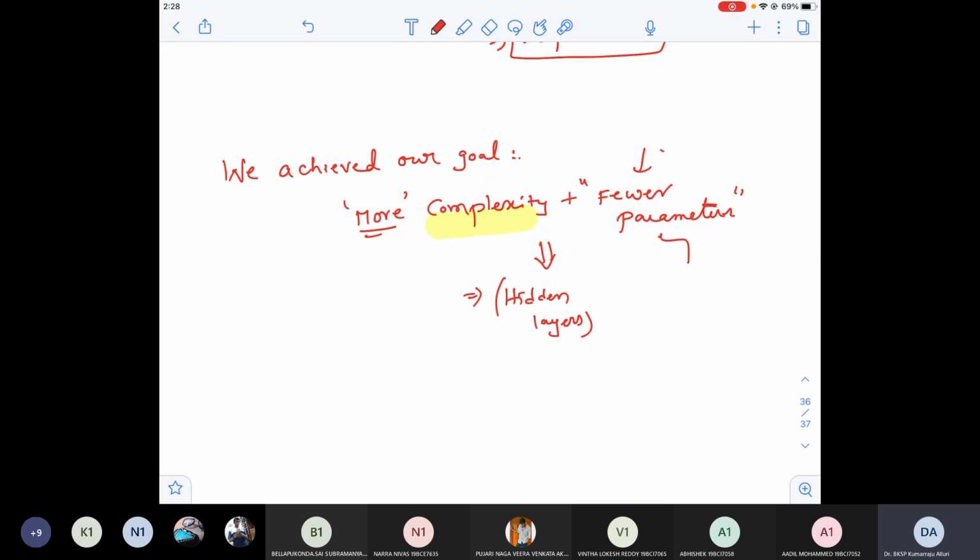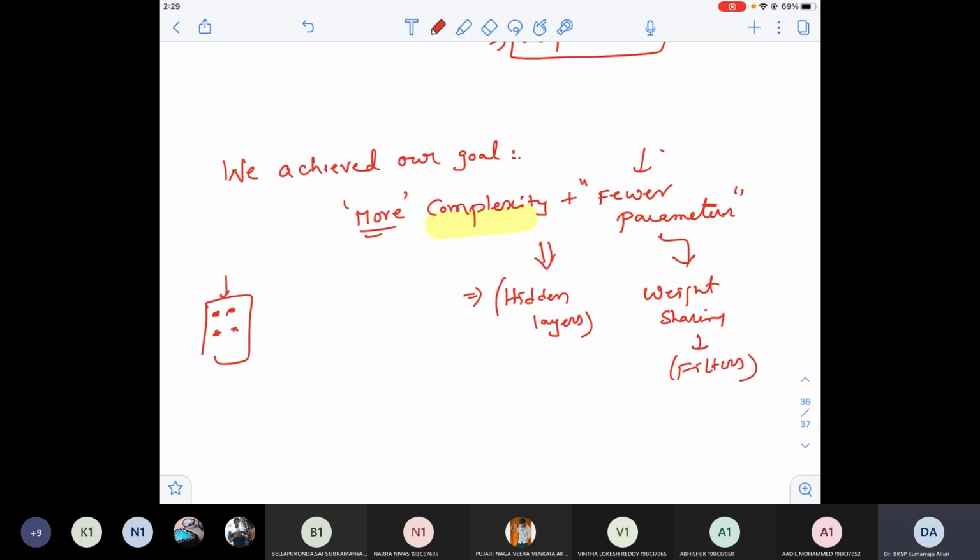What about fewer parameters? Yes, we reduce the number of parameters. We'll see that scientifically with calculations, but we reduce the parameters because we are sharing the same filter weights. We are taking the same filter and moving it horizontally and vertically across the entire image. Since the same set of weights is used for the entire image, I reduced the number of parameters being used for my neural network. So fewer parameters is possible with weight sharing. Weight sharing is possible with the filters or kernel.